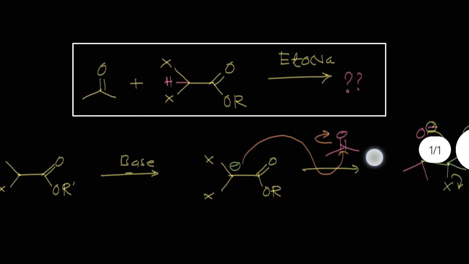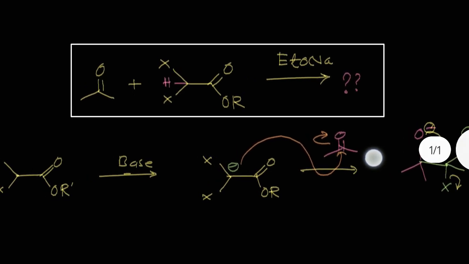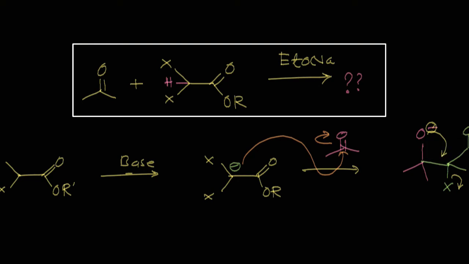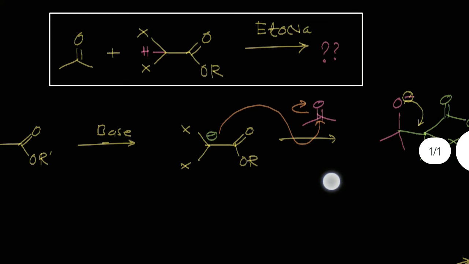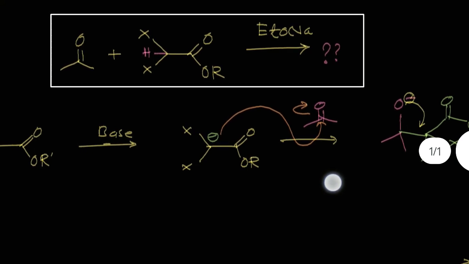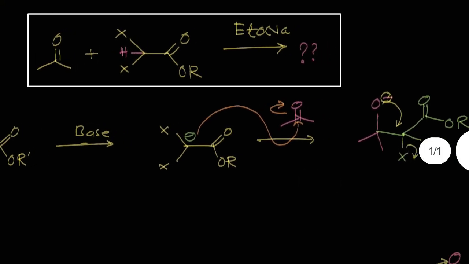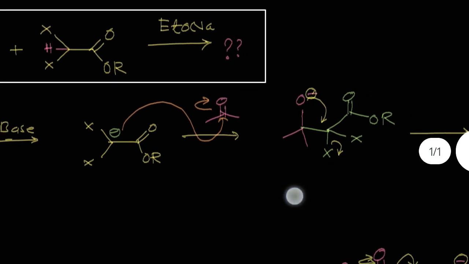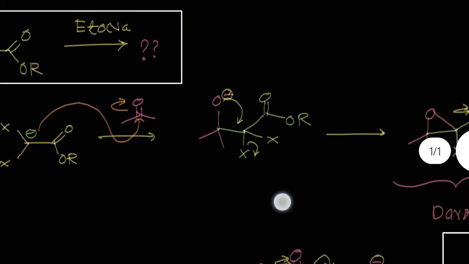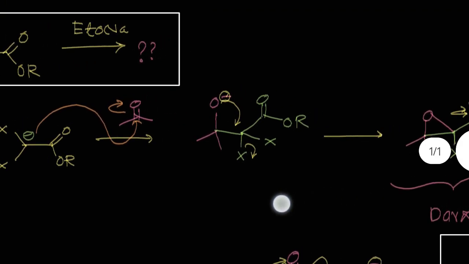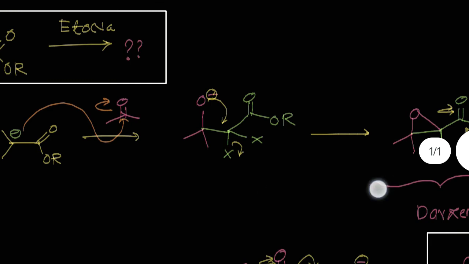Okay, so here there are some examples given to you. This is a ketone when it is reacted with an alpha dihalo ester in the presence of ethoxide. The mechanism is given to you again. So the base is there which abstracts the proton and then generates the carbanion. That carbanion attacks the carbonyl carbon and then it converts to the alkoxide intermediate.